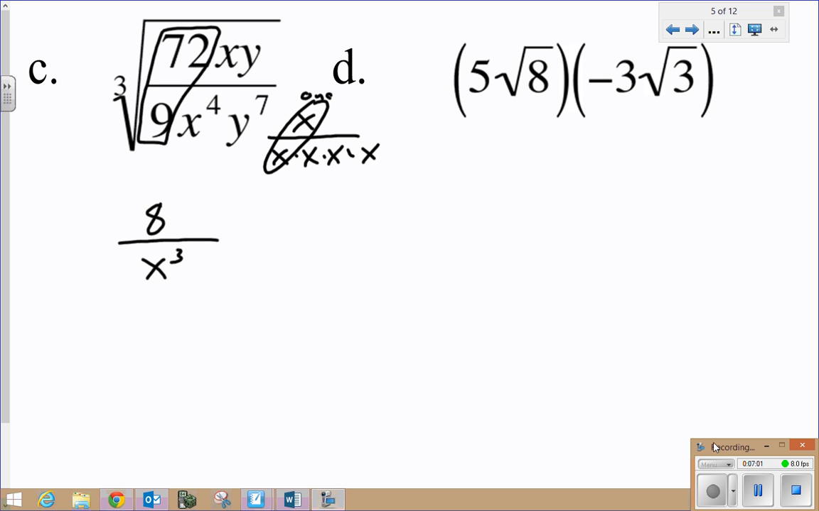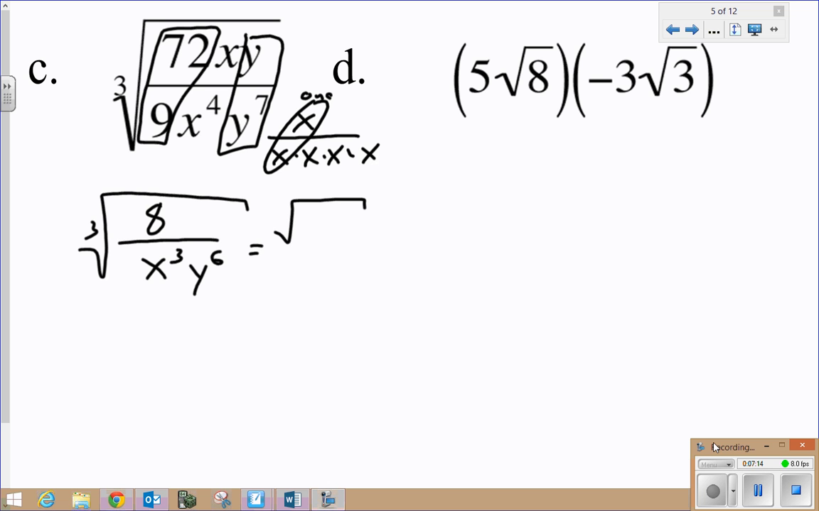And same sort of logic for my y's here. y divided by y to the 7th is going to be y to the 6th. So this is still all underneath my radical. So I can individualize it and think of each term as the cubed root of 8 over the cubed root of x cubed and the cubed root of y to the 6th. So as I reduce this, the cubed root of 8 is 2. Cubed root of x cubed is just x. And the cubed root of y to the 6th is y